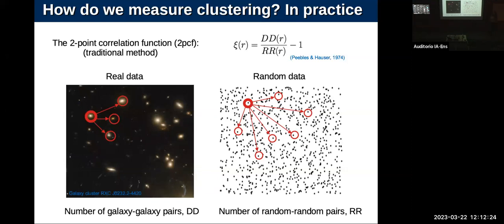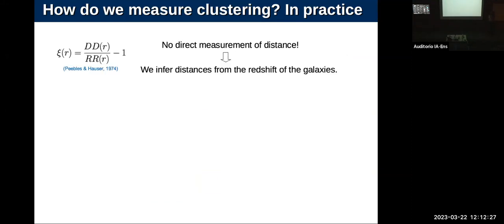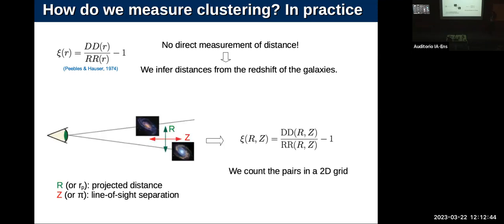Now, the only issue here is that we cannot directly measure the distance between galaxy pairs in a direct way. So what we have to do is we take the redshifts of the galaxies, we assume some cosmological model, and from that we infer the distances from those redshifts of the galaxy. So if this is our galaxy pair, I'm going to compute two different kinds of cosmological distances between the galaxy pair. I will calculate this one in red that I call R, so this is a transverse distance between galaxy pairs. And then I will calculate this other one that I call Z, and this is a line of sight distance between galaxy pairs.